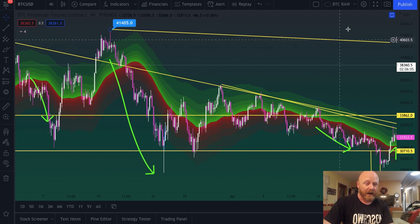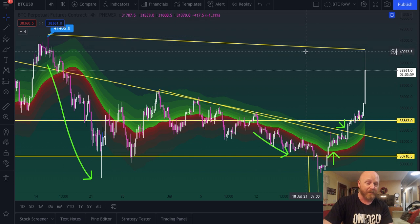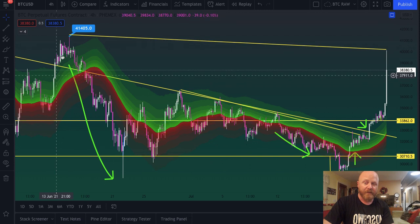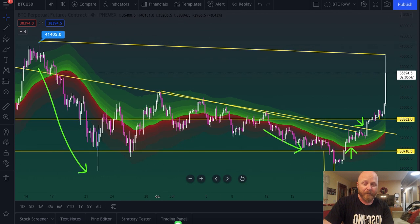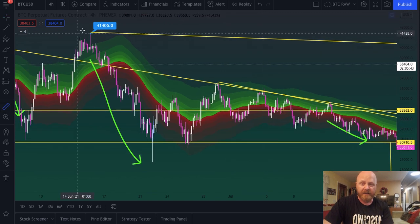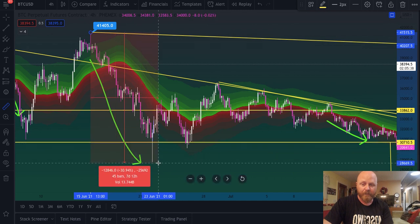Now, could we go higher? Sure, we can go higher. They could pump this to 200K if they want to. If you want to put billions into this, you can pump this price. But this was a swing pattern failure off a 6,200 point pump in a bear cycle. From this, guys, this is what's important to see here. From that parabolic pump earlier on June 13th, look at the declination in price. If you take it from the swing pattern failure, go point to point,